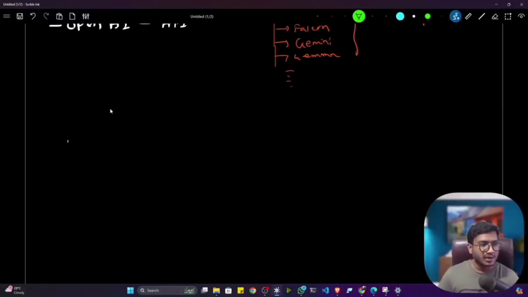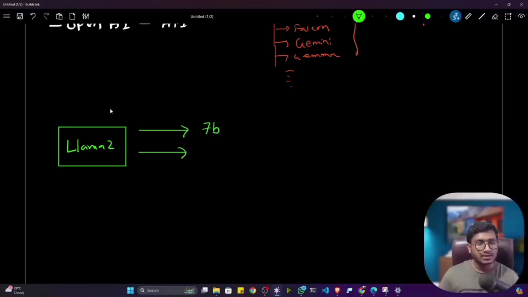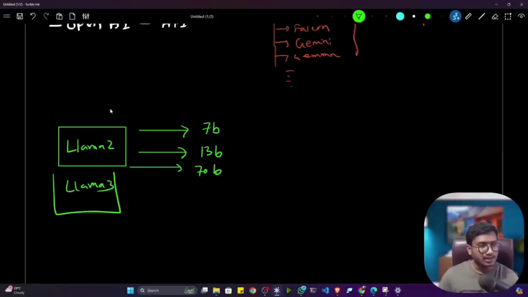Let's say I'm considering Llama 2. Now tell me, Llama 2 has how many variants? I think you know Llama 2 has 3 variants: a 7 billion parameter model, then a 13 billion parameter variant, and also a 70 billion parameter model. Even recently there is another model called Llama 3, and Llama 3 is very huge compared to Llama 2. You can open up the Hugging Face hub and search for Llama 3, and you will see the model. Here I already told you, if I want to use this model, I have to use